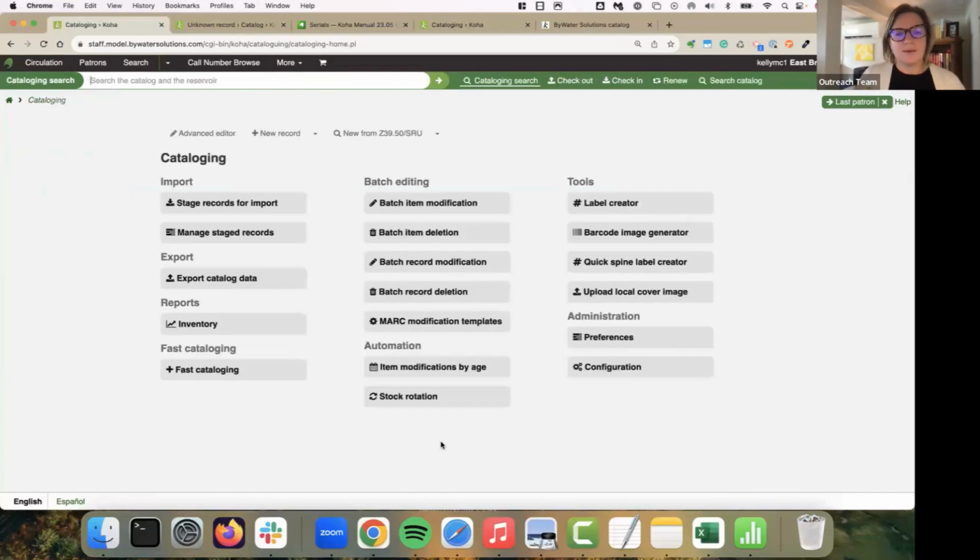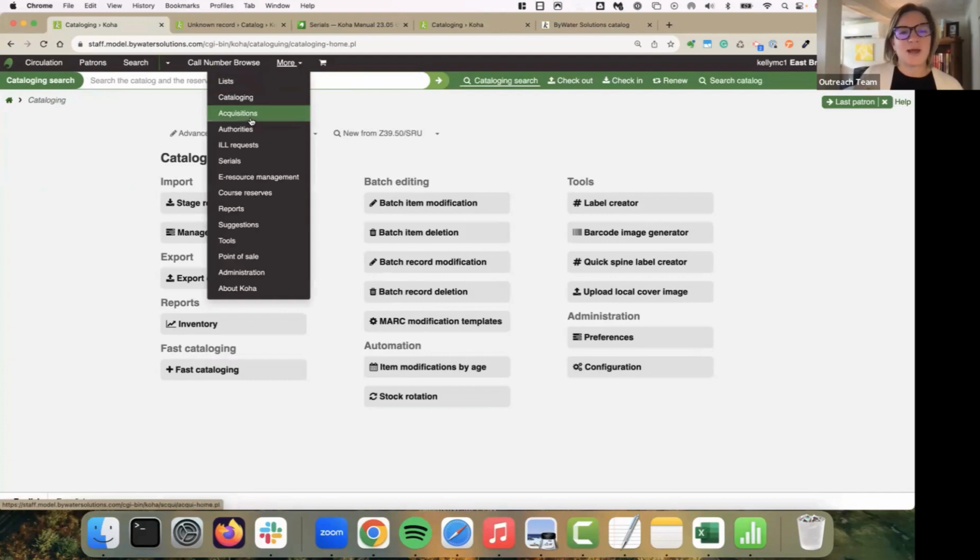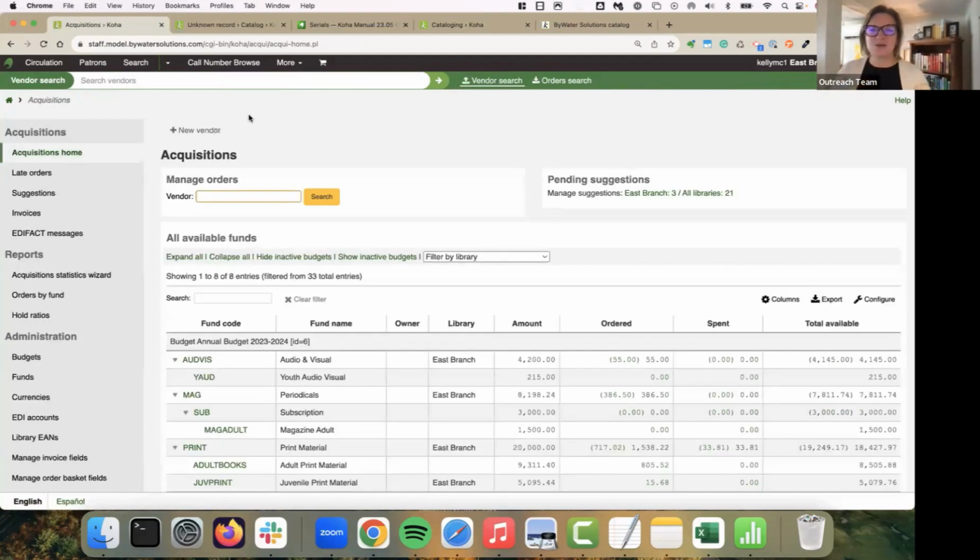Back to my, so that really sums up that cataloging. There is so much more we could talk about, but we're going to head over to our acquisition module because we want to show as much as we can about just the overview of Koha today. The acquisition module